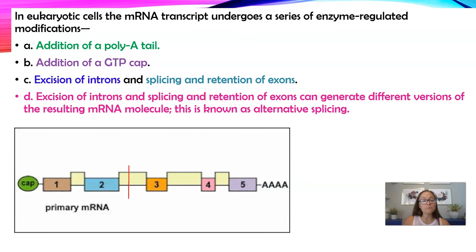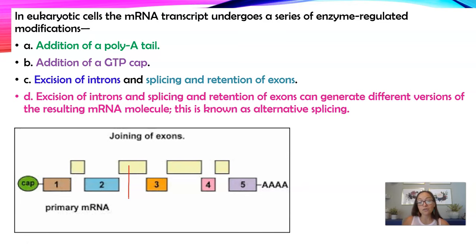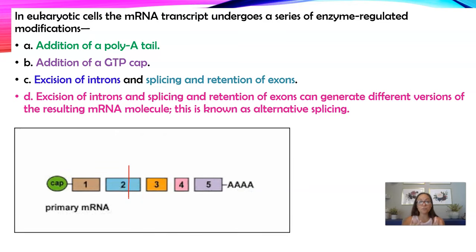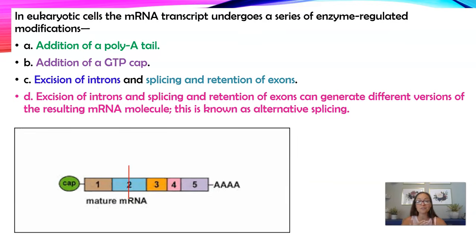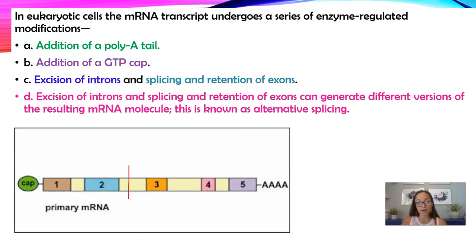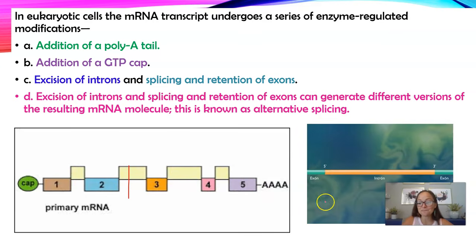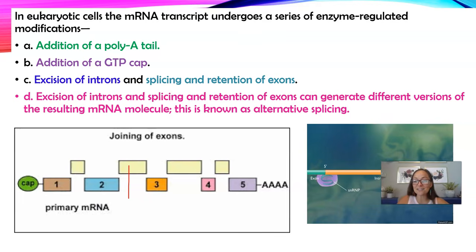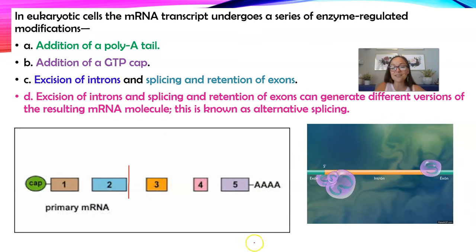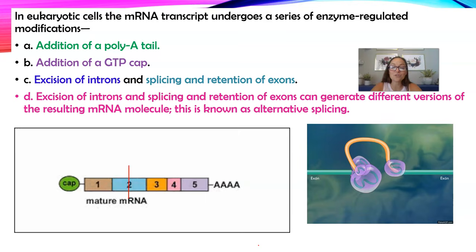And so we can edit the RNA in different ways. So here, you can change what is an exon, or you can cut out different exons at different times, which would give you different RNA products. So if you would like more information on any of this, I have more videos that go into detail on each of these things. But I also really like this GIF because it shows the spliceosome, and how we cut out the